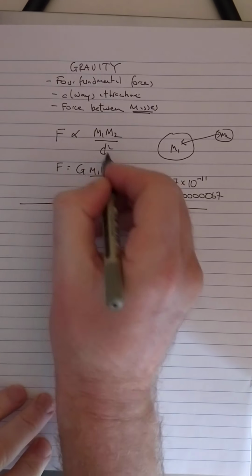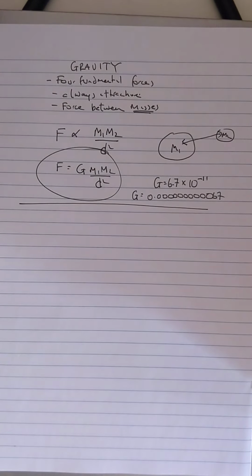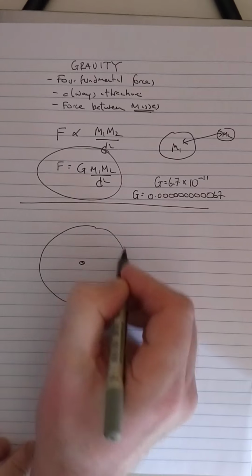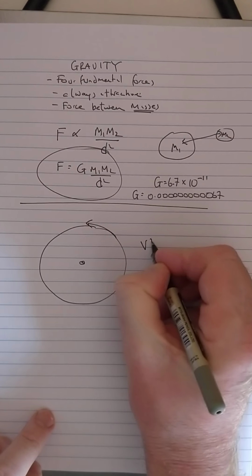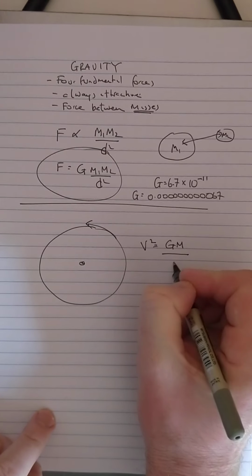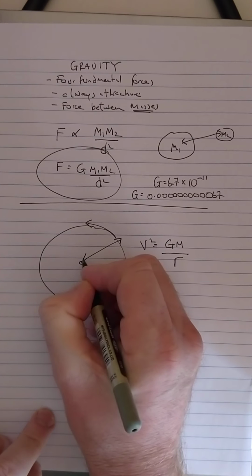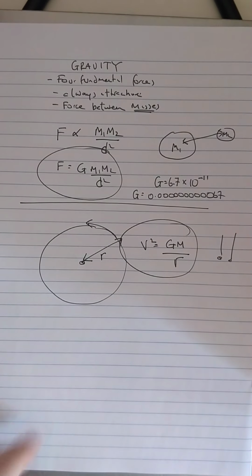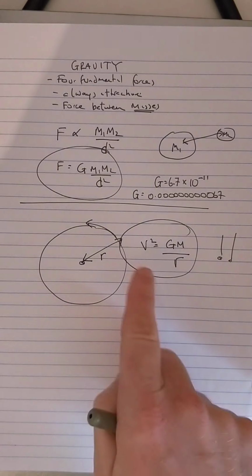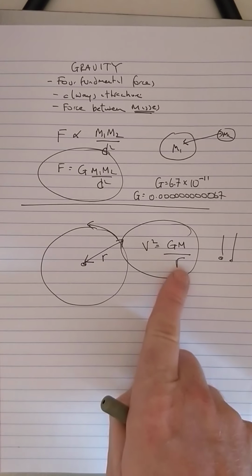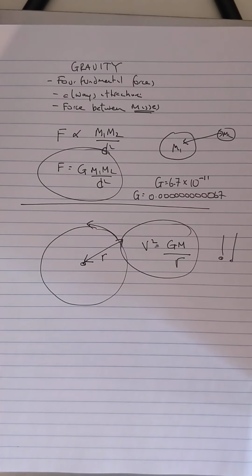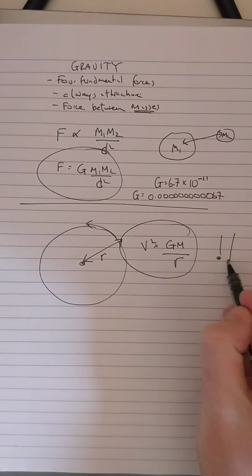All right, that's the first bit. Second thing we're interested in is the speed that a satellite orbits the Earth. We have a formula for that, and we look at the proof of it in Kepler's proof that we have to know. What's important here is that the formula is not in the tables, and you need to know it. v squared is GM over r. Now look at it: v squared is inversely proportional to r. So the smaller the radius, the greater the velocity. So the closer you come, the greater the velocity. You'll see that in one of the clips in a minute. Do watch the clips, because they reinforce what we're doing here.